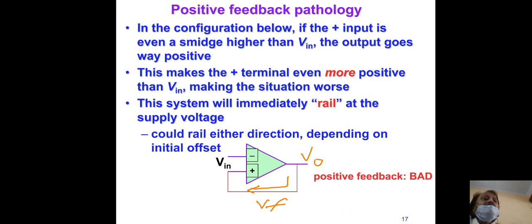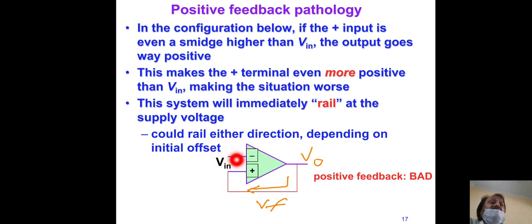Here the positive input of the amplifier is higher than Vin, which is the input voltage applied to the inverting terminal. So the output goes positive. The output is fed back to the non-inverting terminal, so this makes that terminal even more positive than Vn. So what is the effect of positive feedback? It makes it even more positive than Vn,